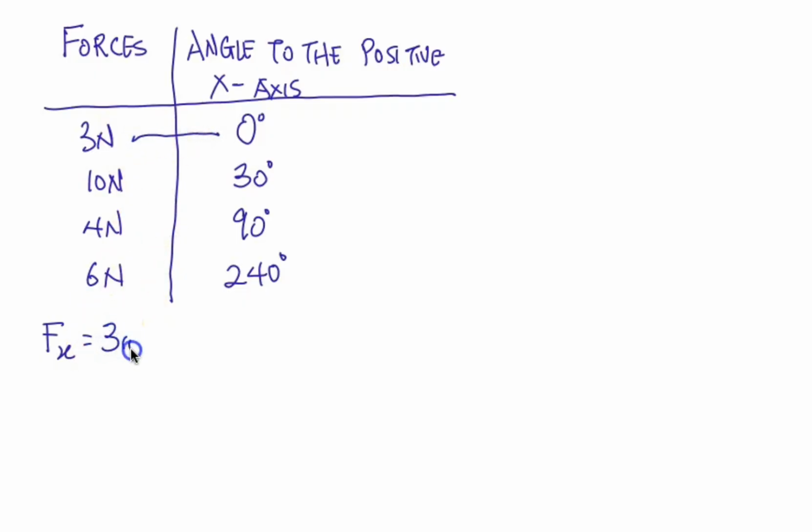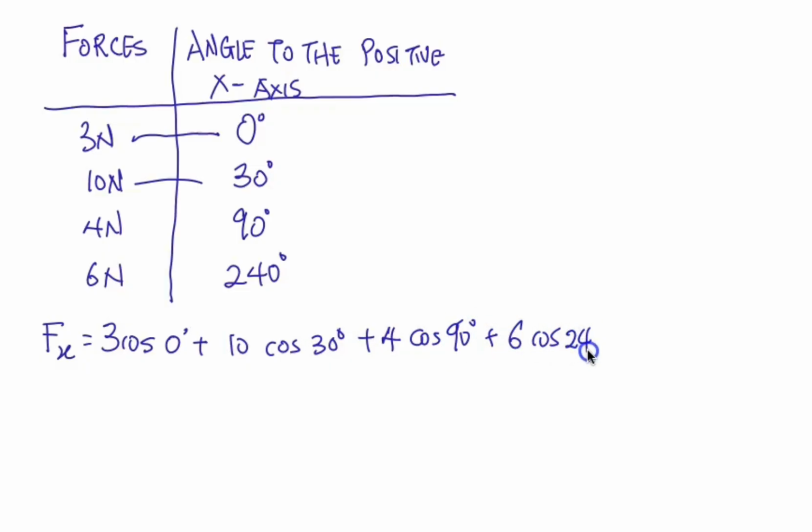We are going to have 3 cos 0 degree plus 10 cos 30 degree plus 4 cos 90 degree plus the last we have there is 6 cos 240 degree. We are simply going to pair each of the forces with the angle using cos for the x component. Now when you take your calculator and press all these values into it, you're going to end up having